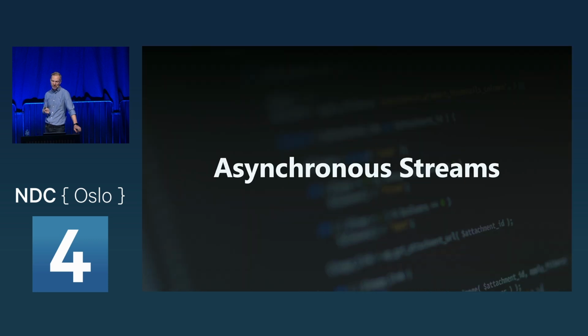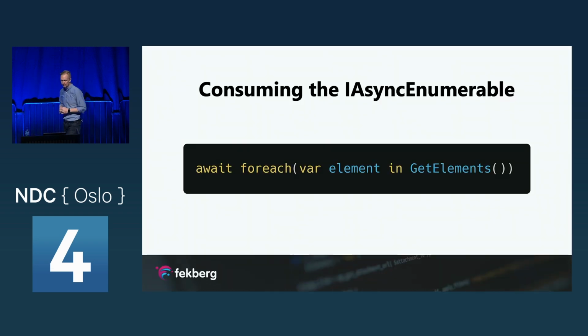So with C# 8, we also got this thing called asynchronous streams, which is a quite powerful language feature. It allows you to consume and produce streams of data. I have a talk later today on building asynchronous programming in C# and doing that efficiently. It's at 3 o'clock. So we'll quickly just go through exactly what this language feature is doing. Basically, I can consume a stream of data like this here. So what does it actually mean to say, I want to await a foreach loop?